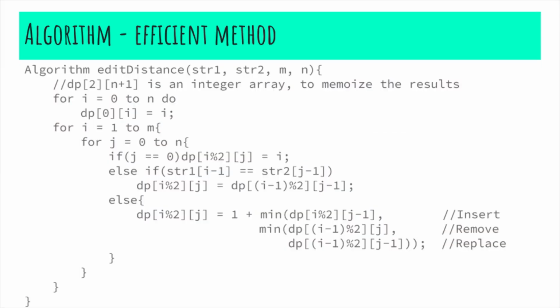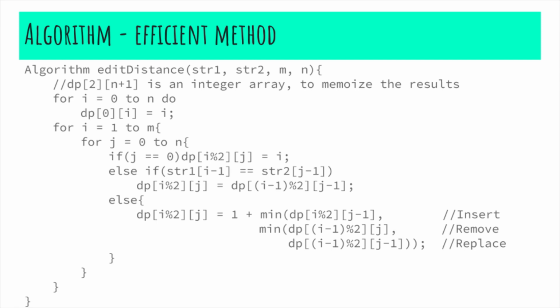This is the algorithm. Here the DP array is to memorize the results of the previous computations. We will fill the DP array with 0. And we shall then define the base conditions as remove all the characters when the second string is empty. We then start filling the DP. This second loop runs through each character in the second string. The inner loop compares the characters from the second string with the first string.